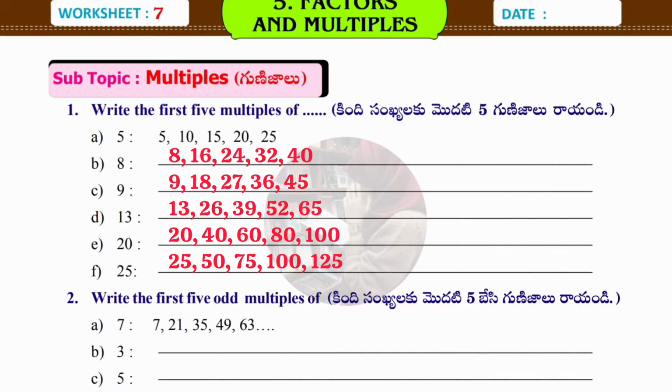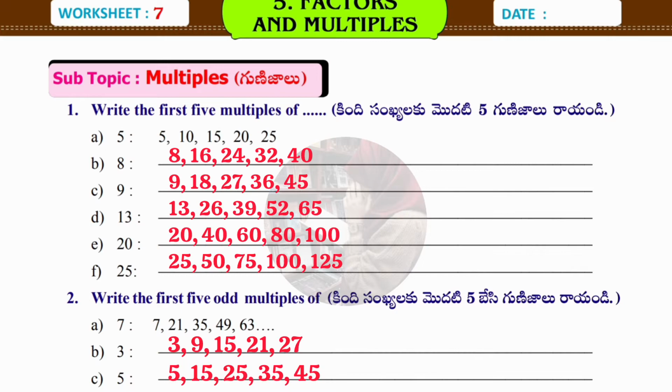Okay guys, have you understood? In the same manner, we have to write it down for the rest of the numbers also. Okay. Next number is 3. 3 1s are 3. 3 is an odd number, write down 3. 3 2s are 6. 6 is an even number, skip that one. 3 3s are 9, write down 9.